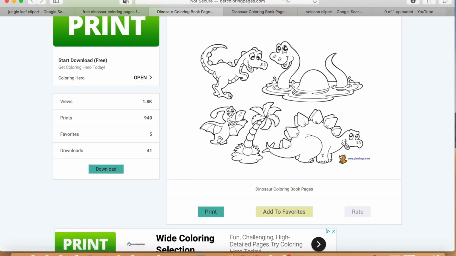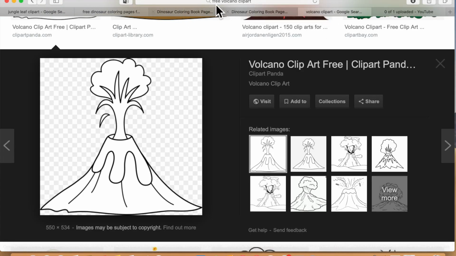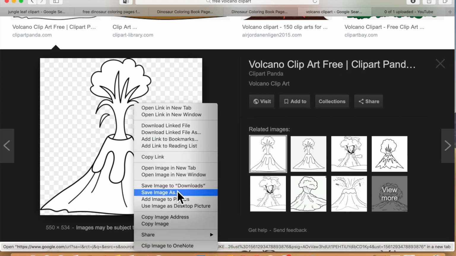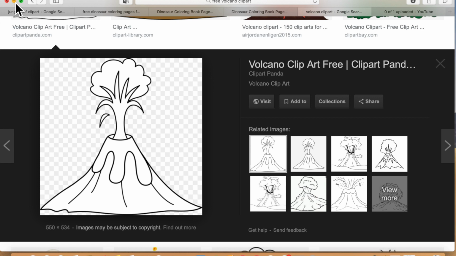Finally I wanted a volcano, so I again went onto Google and typed in free volcano clip art, and I scrolled through till I found one that said it was free, and I right clicked and saved that image. So once I'd got all my images saved to my desktop,